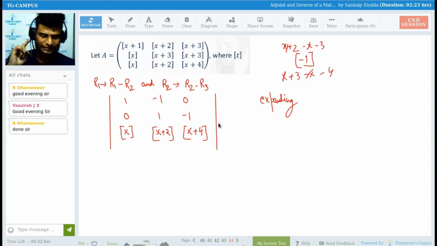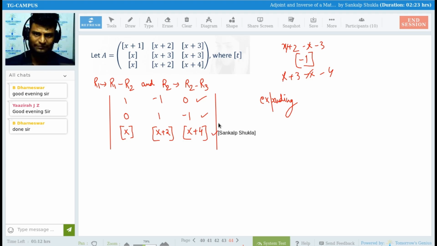So a determinant is always expanded using any row or any column. You can expand a determinant along any row or along any column, but it is very wise and sensible to pick that row or column in which there is a maximum number of 0s. Right now in R1 we have a 0, in R2 we have a 0,